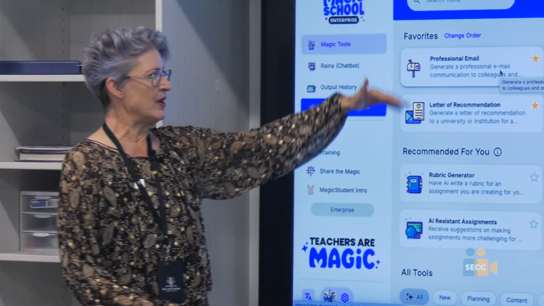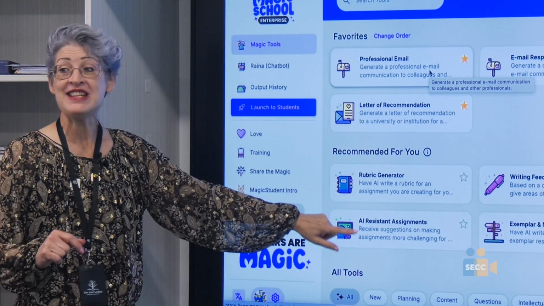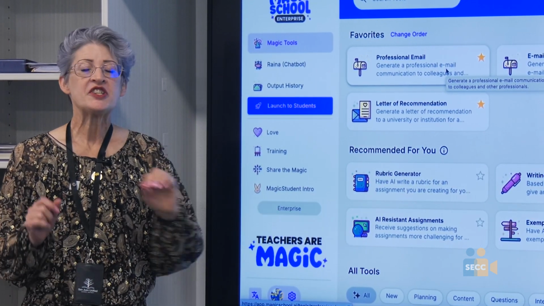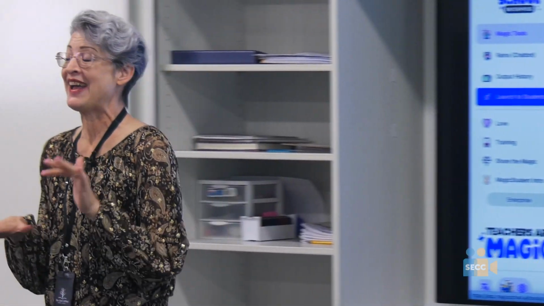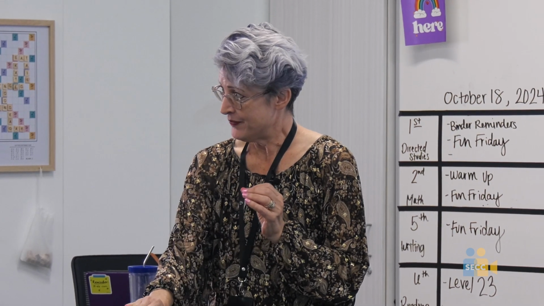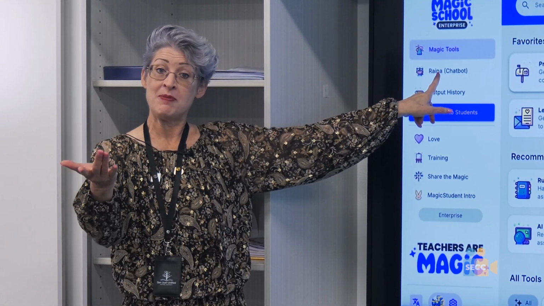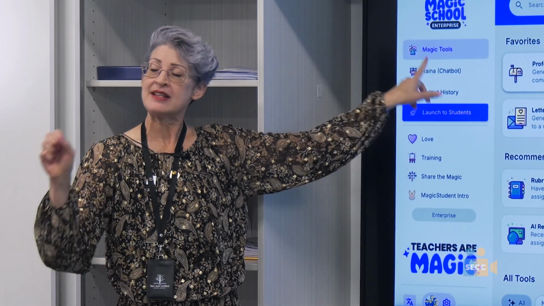There's a section here that I'm going to scroll down. There's more than 70 specific tasks where teachers don't even have to be good at asking AI because it's prepared to ask the questions it needs to do the work. Remember what I said? I want it easy to use, right? Then, for those who need it or want it, it has an open-ended chatbot like ChatGPT. It's not ChatGPT, but it is open-ended.